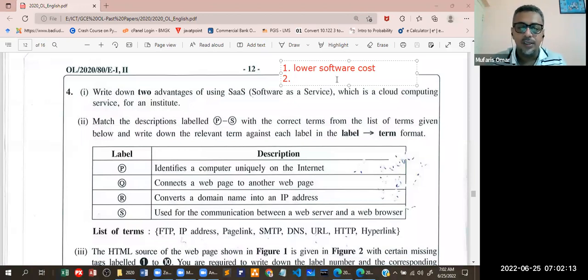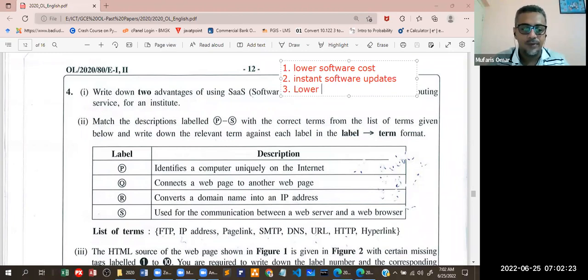Instant software updates, right? Or easy to update. Then lower maintenance. Lower maintenance means, okay, let's say